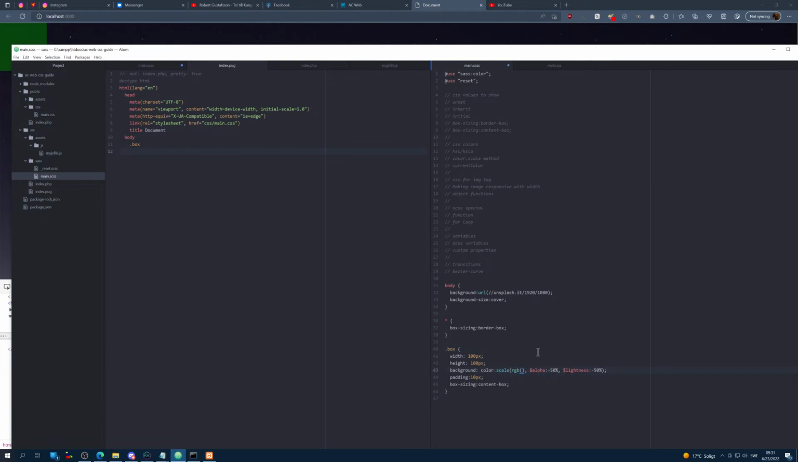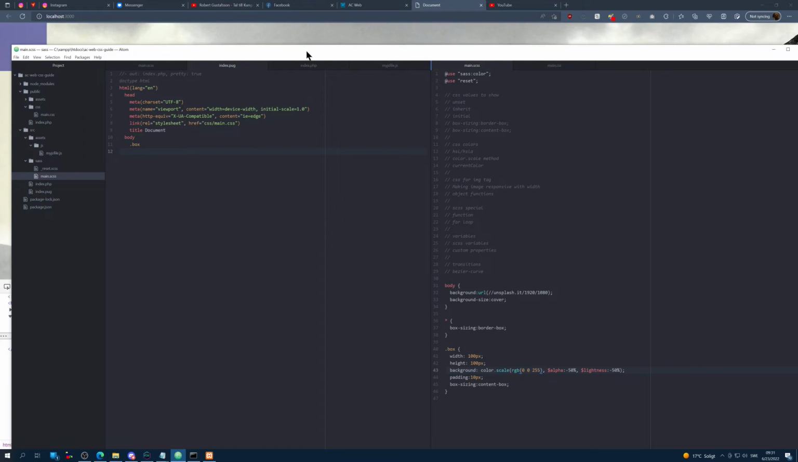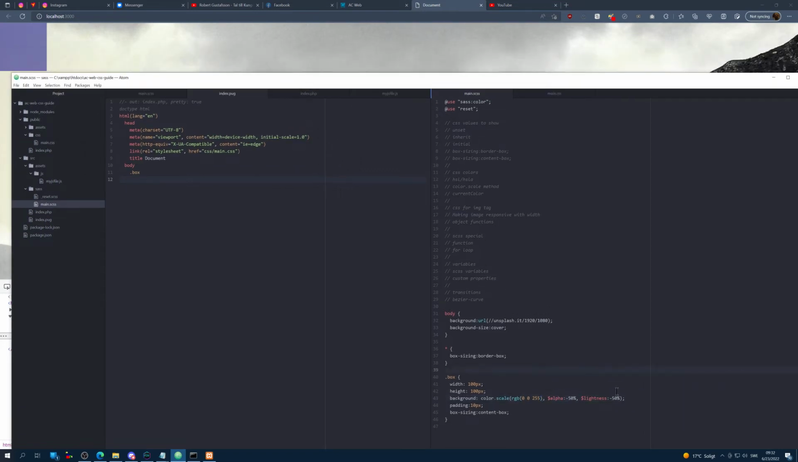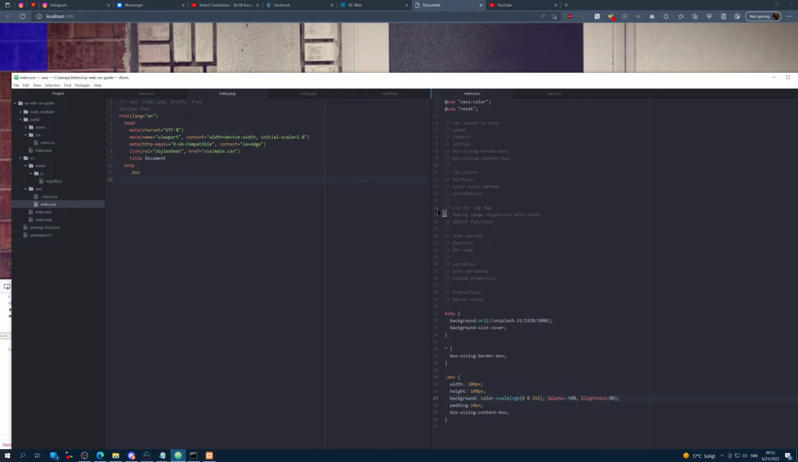So you can change it to like 0, 0, 255. And yeah, now we have a blue color. And we can change the lightness to 0% for the default value. And yeah, so that's how you can change the lightness and alpha of RGB and hex color and color names. You can change the alpha of RGB by using RGBA,